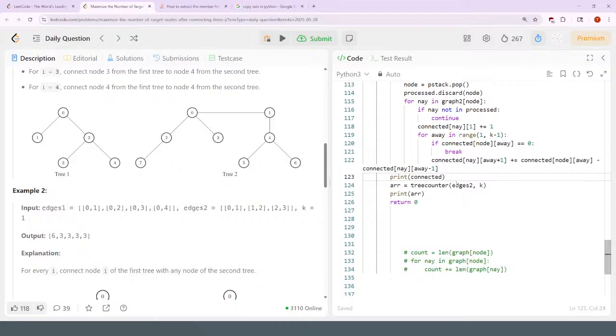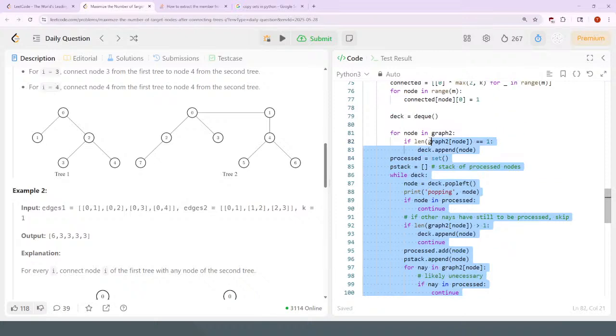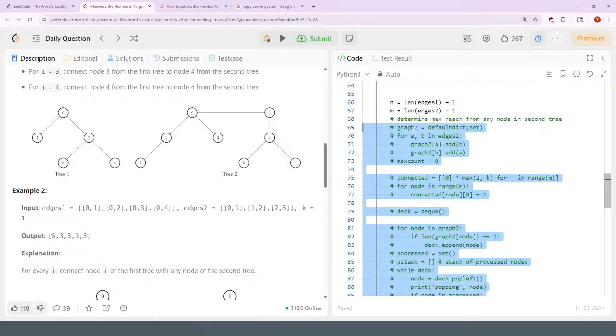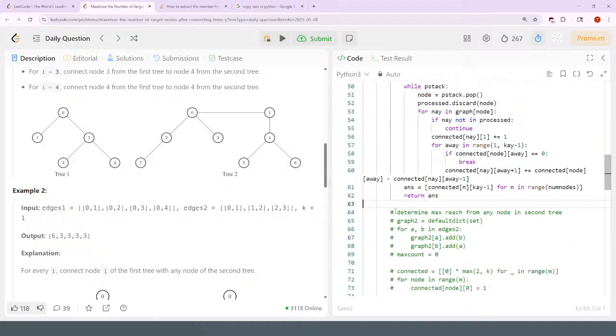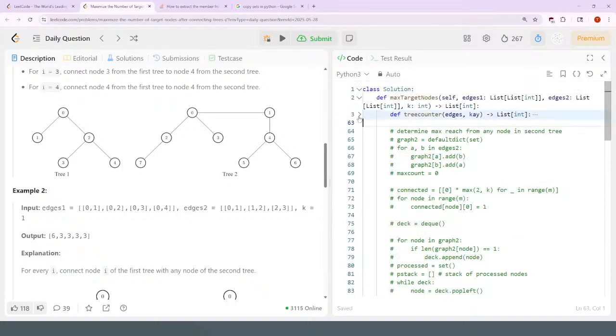So the array that I get back from the call is actually what I want. I think I can comment this out rather than delete, so I have something I can go back to if I massively fail the conversion. Okay, so I don't need this stuff here. So I have my tree counter helper method,